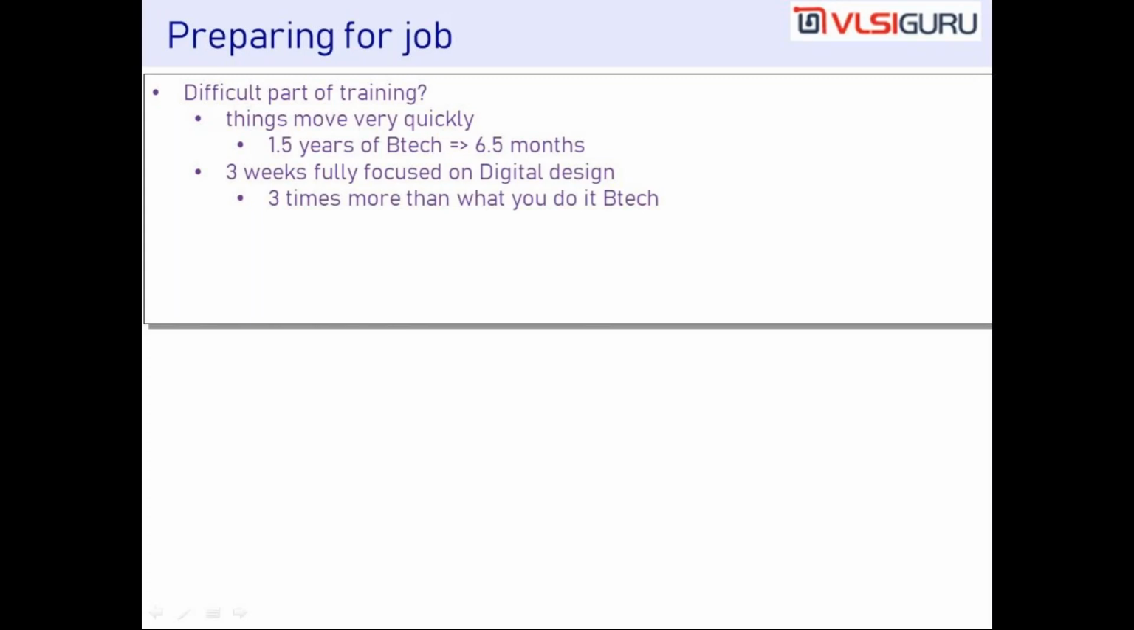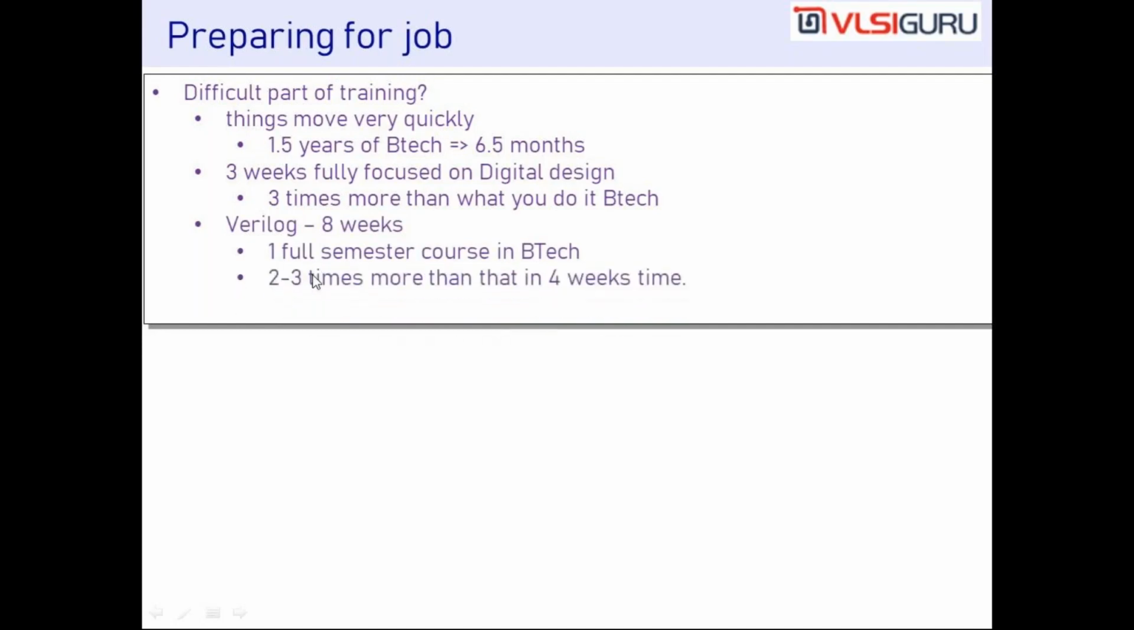Otherwise, every day you will find difficulty. If you don't enjoy training, you will find it very difficult to cope with the training, because things move quickly. That quick movement can be enjoyed only if you take it as a passion, okay, and start liking it. Like that, every topic you do, a lot more is covered. Like Verilog, I do it for 8 weeks. It is a one full semester course. Again, the Verilog that we cover is at least 2 to 3 times more than what you do, and